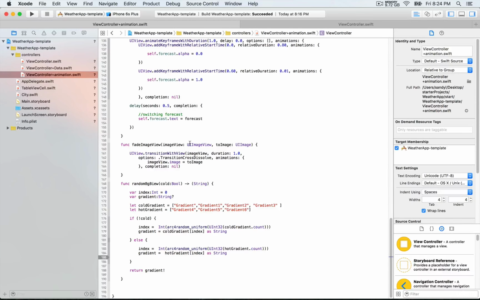right here, with the 2 parameters. The image view is going to be our outlet that we have in the storyboard. And toImage will be the name of the other file that we want to switch to. We're calling this method transition with view on the UIView class, and this one takes several parameters. The image view that we pass as a parameter from here to here is going to be the background view. Then there's also a duration parameter, which is going to be 1 second. Then we also have options for that method, which is going to be transition cross dissolve in order to create